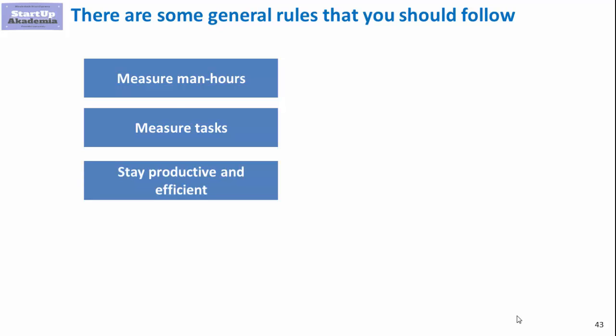Then since you have so many people and you've got the man hours and you try to use them efficiently and to sell them as much as possible, you have to make it a priority to stay productive and efficient, both on the level of each and every worker, but also within the teams. So you can have a situation where you are very efficient in terms of specific workers, but as an organization, you're not efficient because people are basically working on different benchmarks. We'll briefly talk about this in this course, but for more, go to my course on management productivity